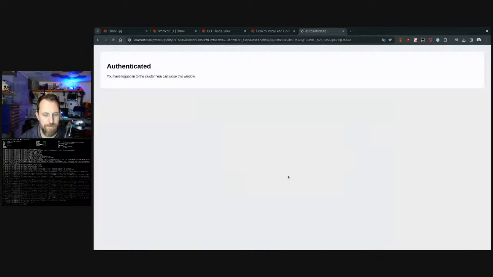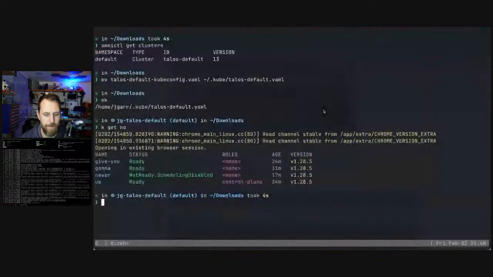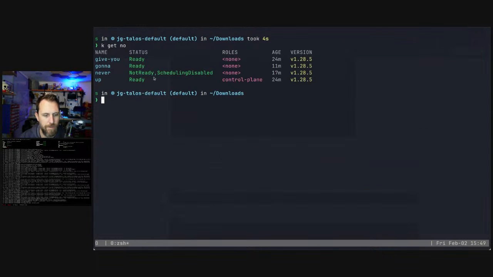Authenticate that. There we go. Never is still rebooting. Sweet. Okay. Oh, and we can see here we got